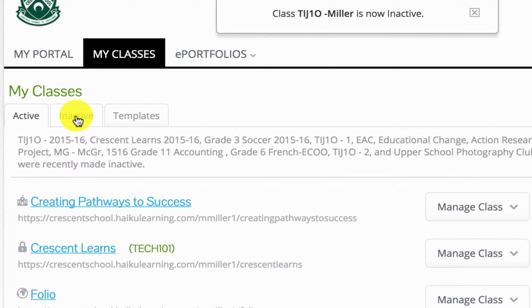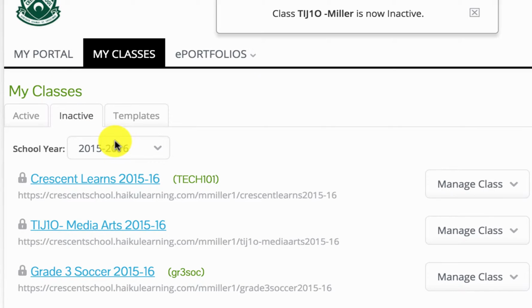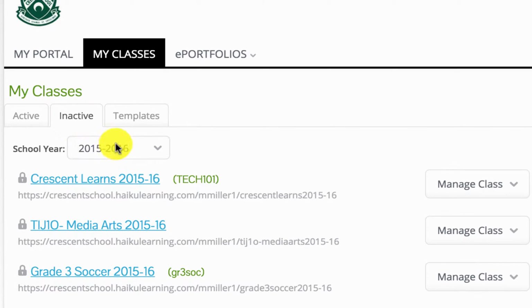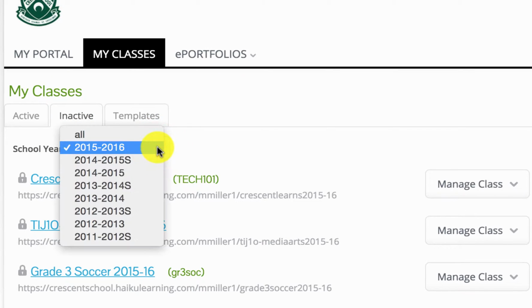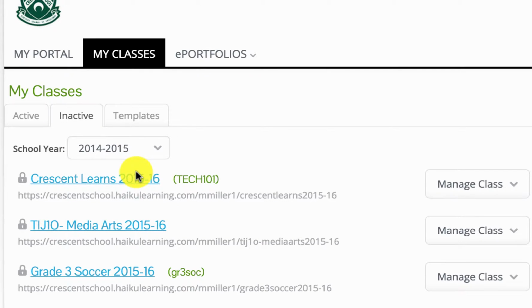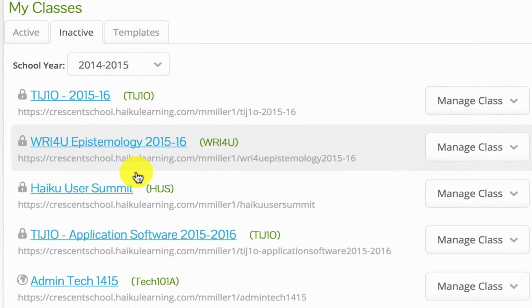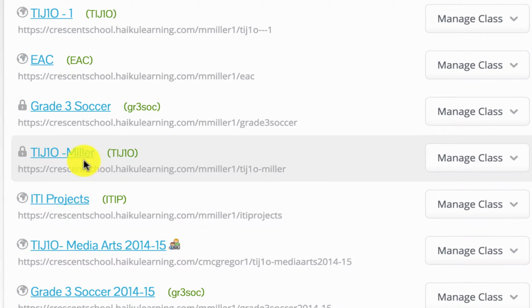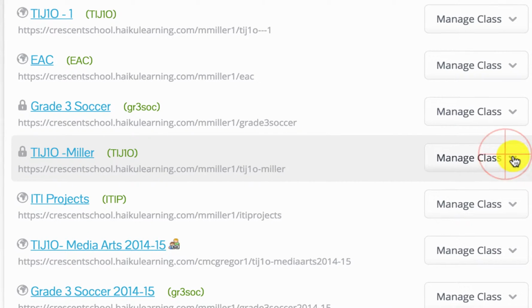I'm then going to go to my inactive page and maybe have a bit of a moment of panic because I don't see it here. Well, that's because what's listed here are my pages for the 2015-2016 school year. That page was from last year. So I have to go down and choose last year from the list, scroll down from all my pages from last year, and there it is. So I'm going to go and manage this class